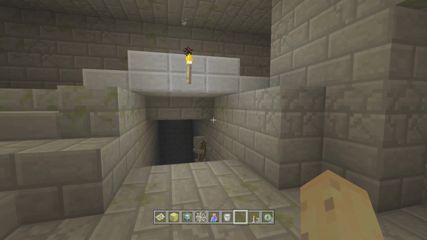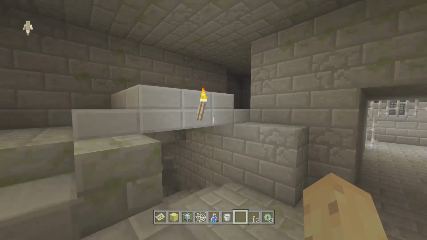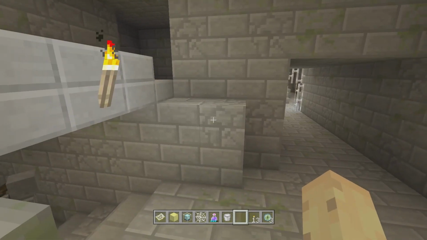Today I have a really cool tip to share with you for Minecraft Xbox One and Minecraft PS4, which allows you to get more than one stronghold per world. That's right, something we've been wanting for a really long time is now technically possible on both those versions of the game,